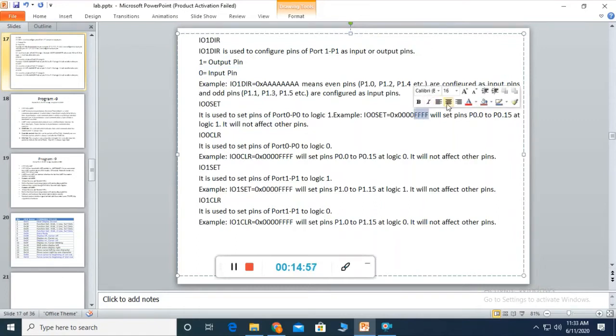F corresponds to 1, 1, 1, 1, setting pins 0, 1, 2, 3 to 1, and the next F corresponds to 1, 1, 1, 1, setting pins 4 to 7, then 8 to 11, and so on. So FFFF sets all the pins from 0 to 15 to 1. Similarly, IO clear will be used to clear certain pins of your port.